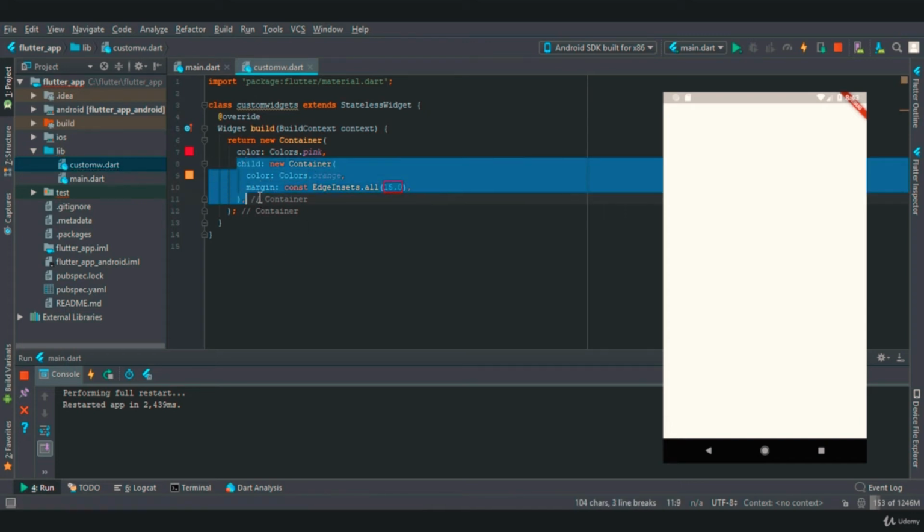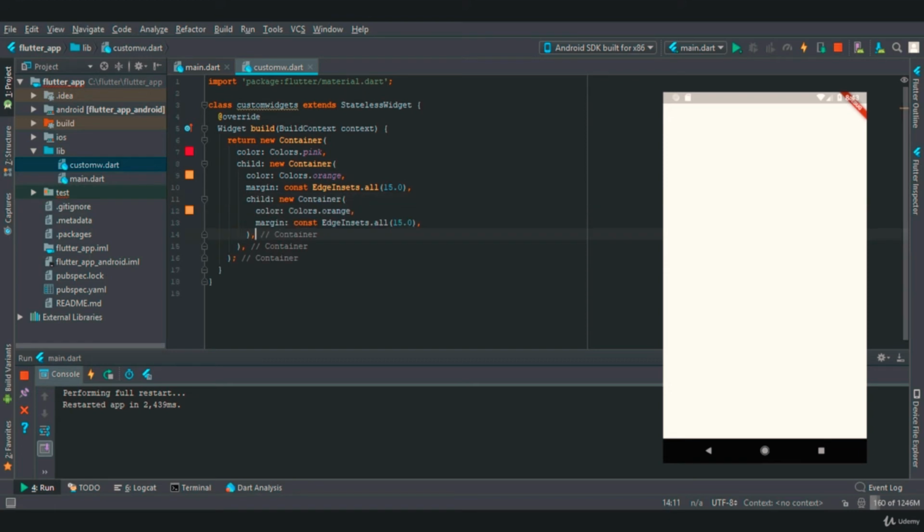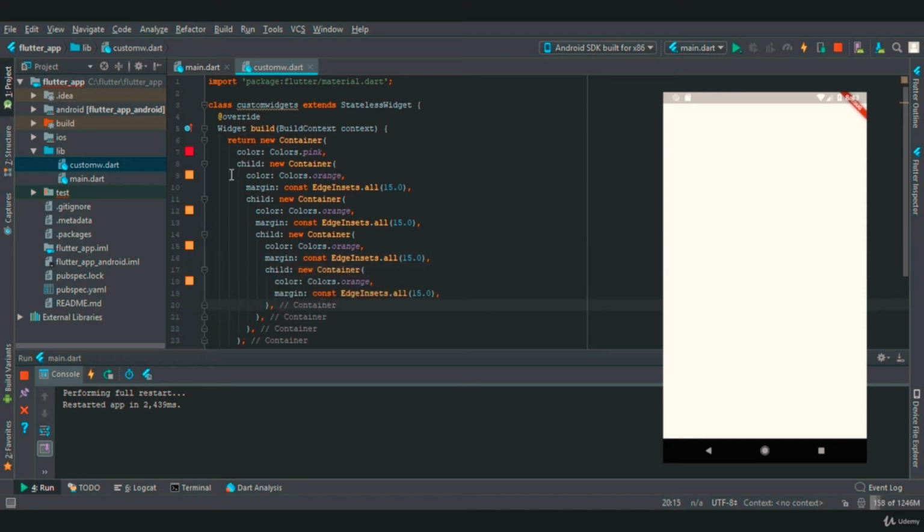And I will copy this and paste inside. Now as you can see, we have successfully created 5 containers.